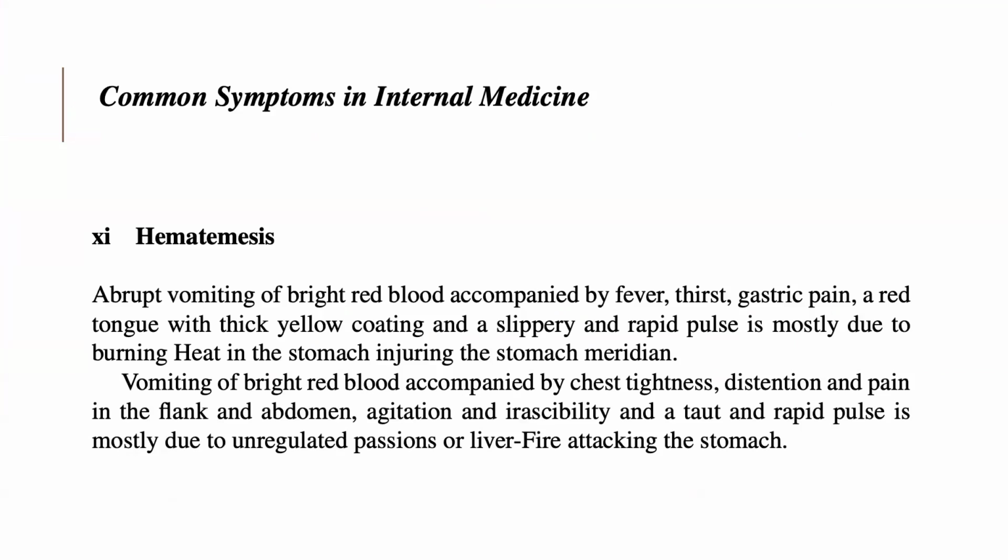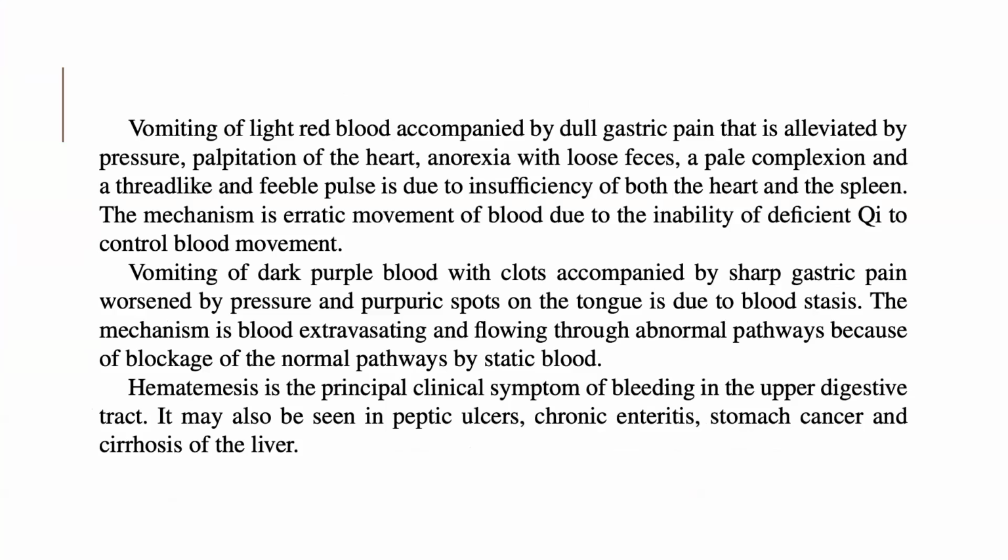Vomiting of bright red blood accompanied by chest tightness, distension and pain in the flank and abdomen, agitation and irritability, and a taut and rapid pulse is mostly due to unregulated passions of liver fire attacking the stomach. Vomiting of light red blood accompanied by dull gastric pain that is alleviated by pressure, palpitation of the heart, anorexia, with loose feces, a pale complexion, and a thread-like and feeble pulse is due to insufficiency of both the heart and the spleen. The mechanism is erratic movement of the blood due to the inability of the deficient qi